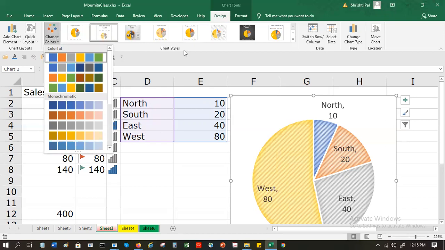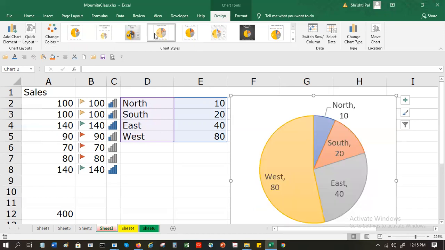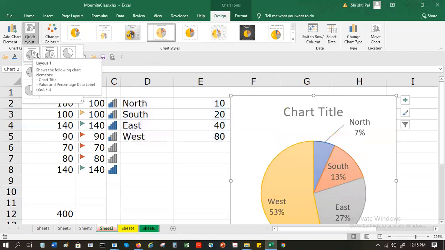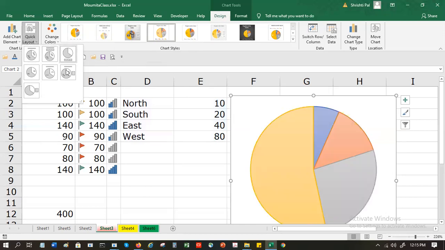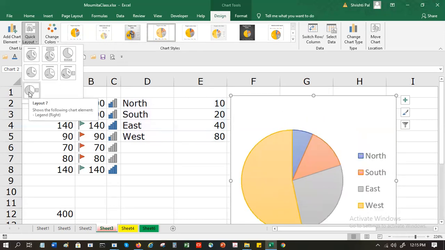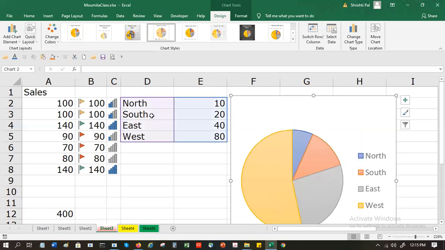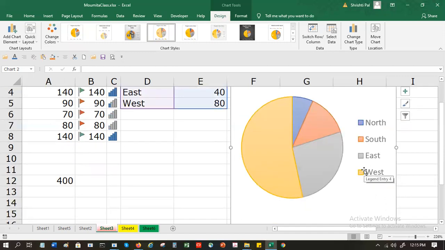Okay. So if you go to the style, it's a combination of layout and color. See, now the combination has changed because I changed the style. Then if I go to the layout, I can change the layout within that particular style. You see the difference between the two. So depending on how you want it, you can choose to display it.